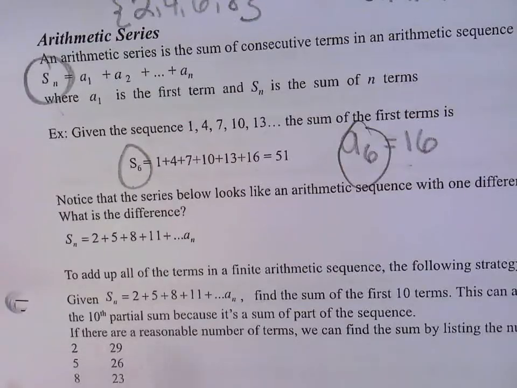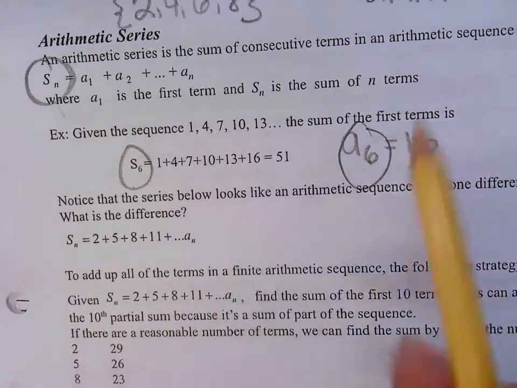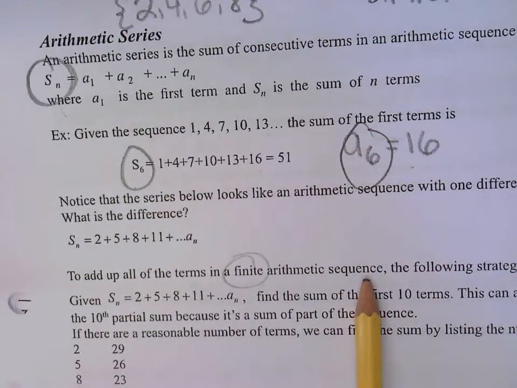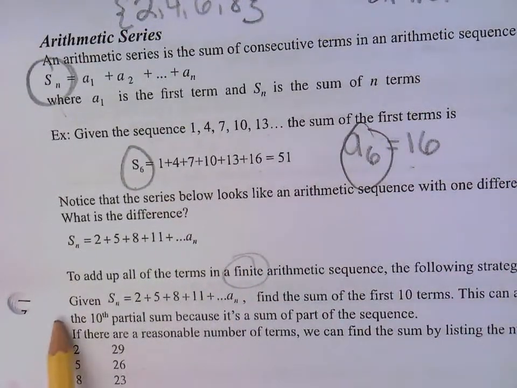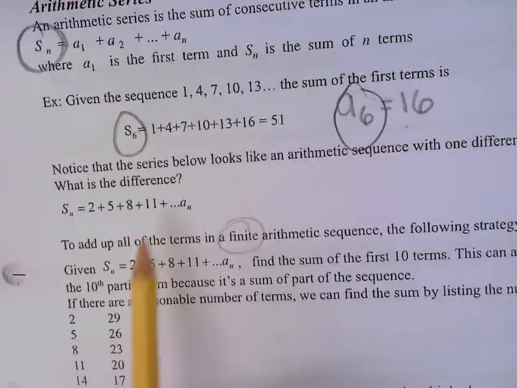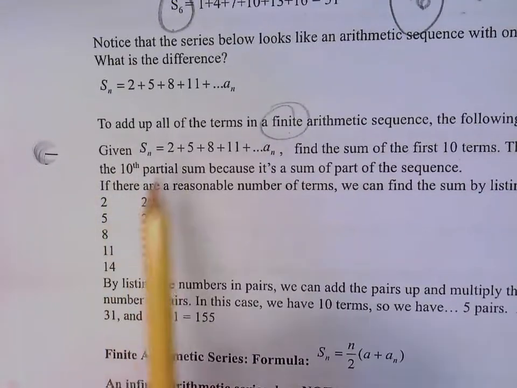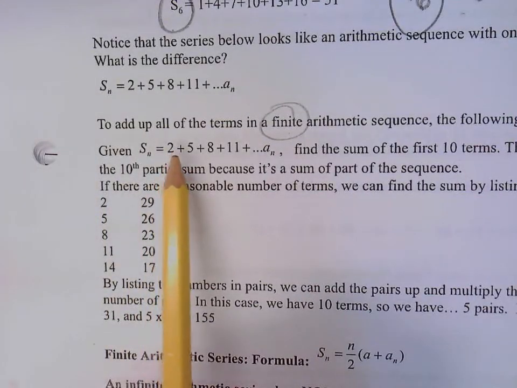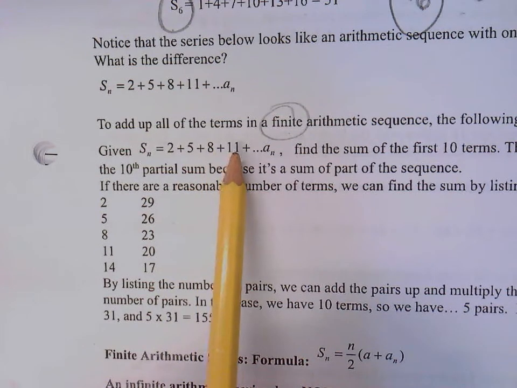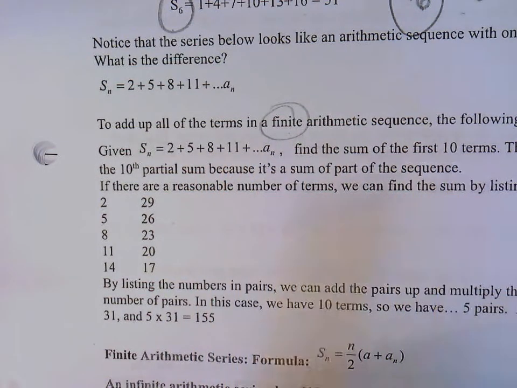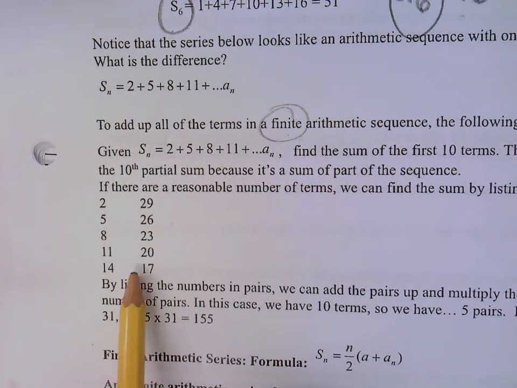And it says to add up all the terms in a finite arithmetic sequence, it has to be finite, the following strategy can be used. And it's to pair up the first with the last. So if you wanted to add up 2, 5, 8, 11, and you wanted to go all the way out to the first 10 terms, here's my 2, 5, 8, 11, 14, and then I wrapped it, 17, 20, 23,